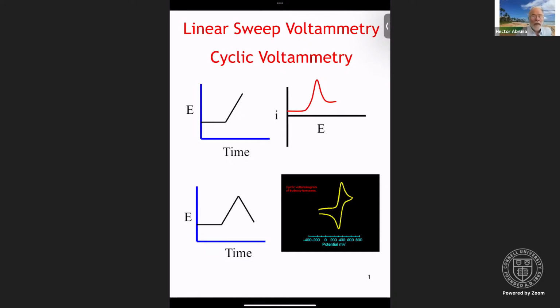Experimentally, what you do is you scan the potential, typically in a linear fashion, and you measure the current. In linear sweep voltammetry, it's a single sweep. Cyclic voltammetry is basically a triangular wave, and you get the canonical